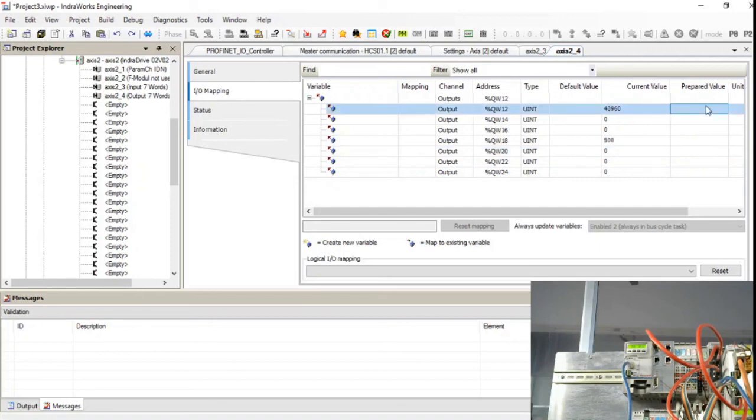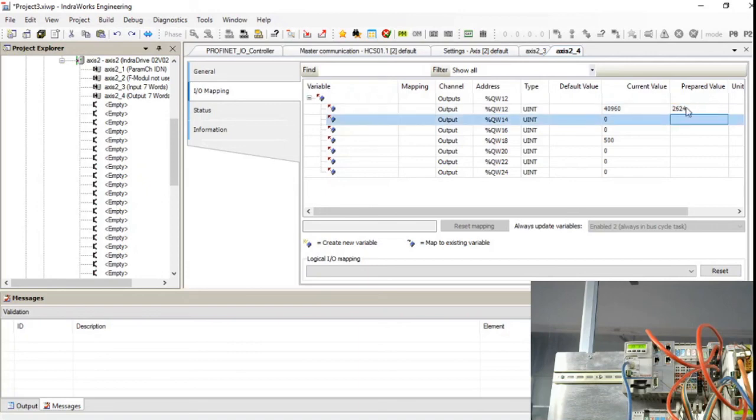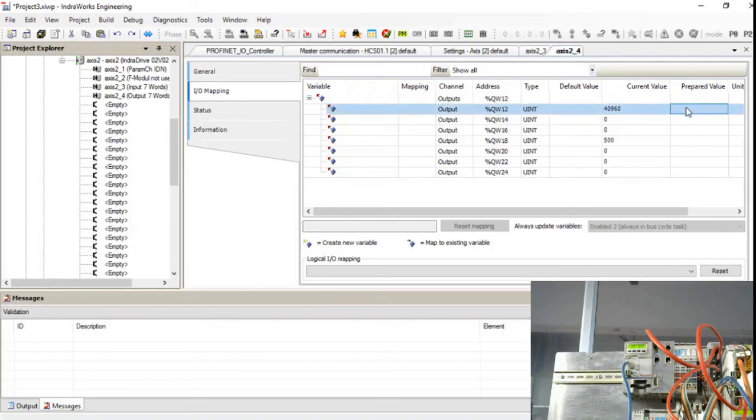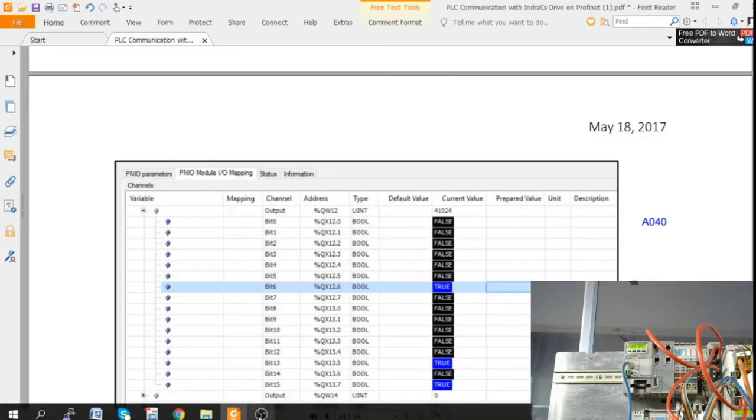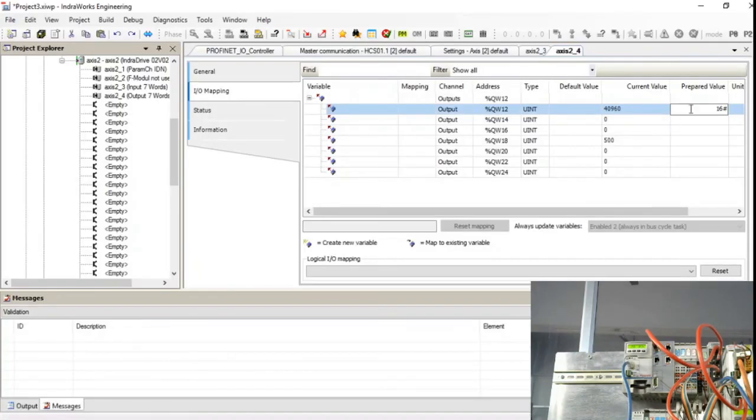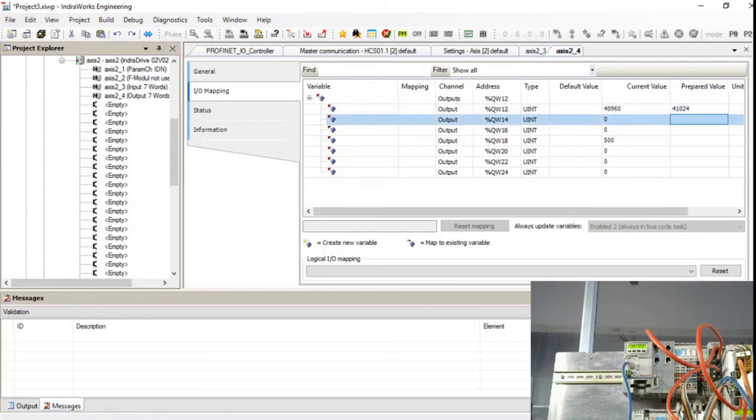Now we will be giving 16 as the value A040, enter, and I give control F7.